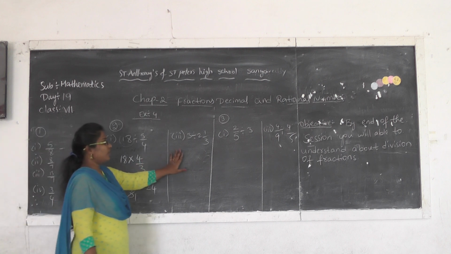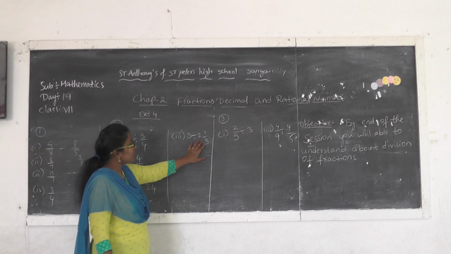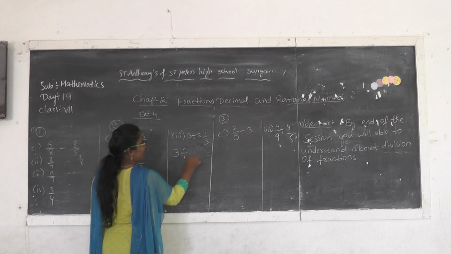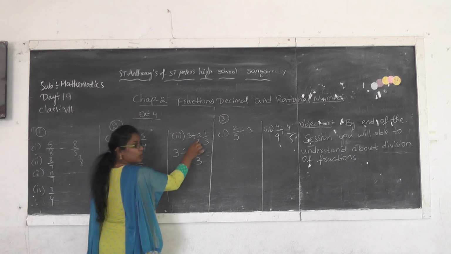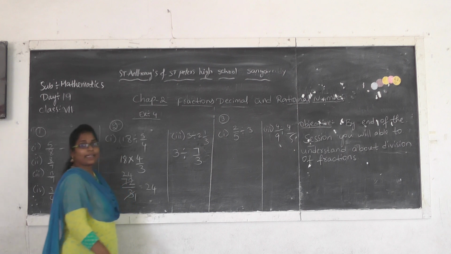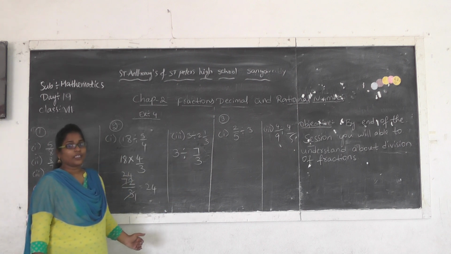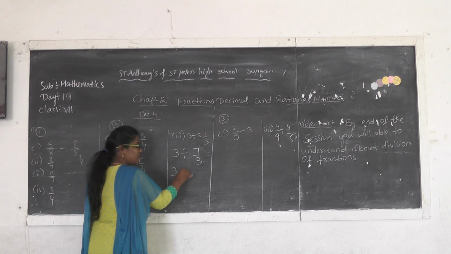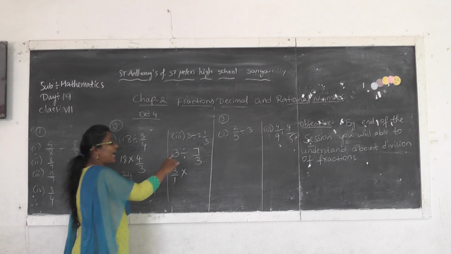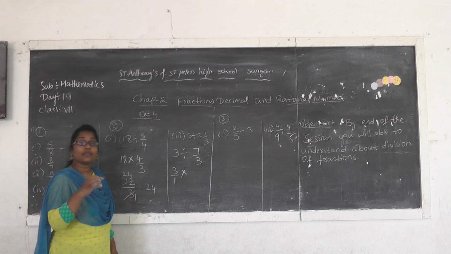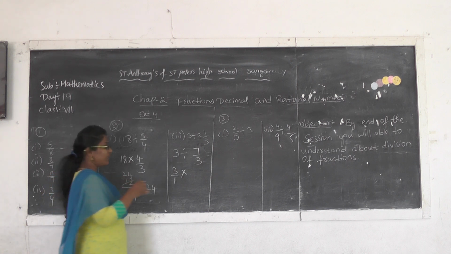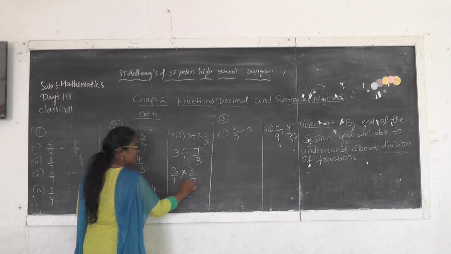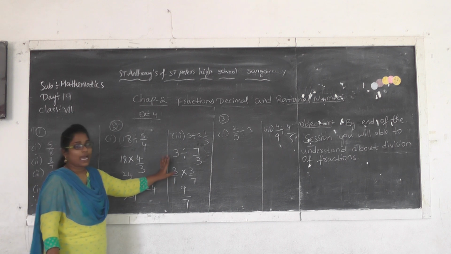Okay. Now see the third one. Here a mixed fraction was given. So what we have to do? Convert this mixed fraction first into an improper fraction. So 3 divided by, first the denominator as it is, 3 twos are 6, 6 plus 1, 7. 3 divided by 7 by 3. How will we do it? Just now I explained. If any denominator is not there we have to assume 1. In the place of division we have to write into, and change 7 by 3 into reciprocal form. Reciprocal means just interchanging numerator and denominator. It is nothing but 3 by 7. 3 threes are 9, 1 seven is 7. So 9 by 7 is the answer for this.